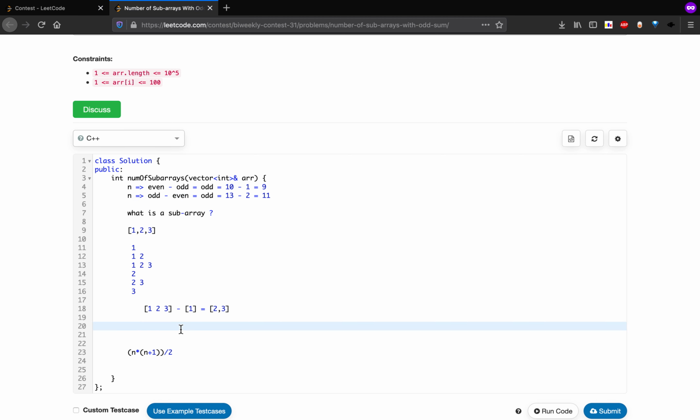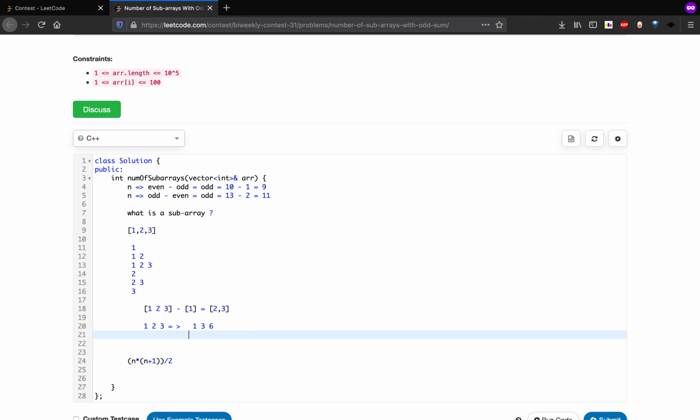Let's transform this array 1 2 3 into a prefix sum. So it will be 1, then 3, and then 6. Prefix sum is nothing but the sum prior plus the current value. Now if we are at any index i, and if at the ith index the sum is odd, then we need to subtract an even number from it to get an odd number, right?